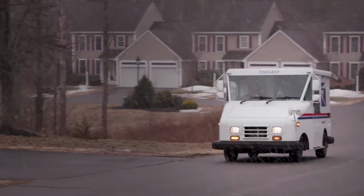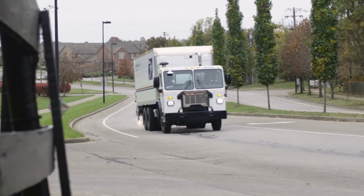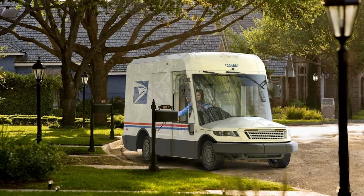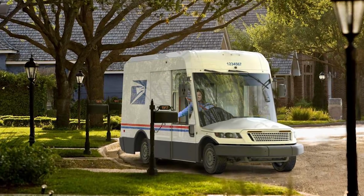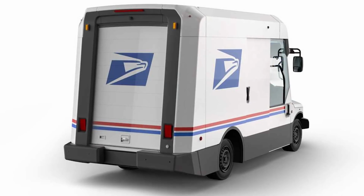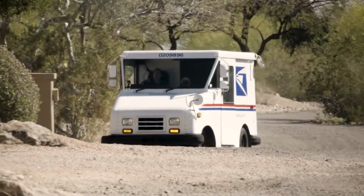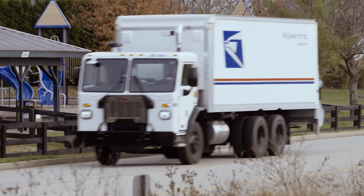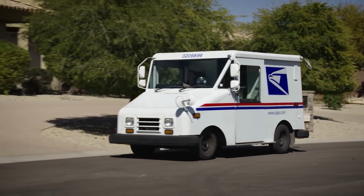That's right, the U.S. Postal Service did not get the message and signed a 10-year contract with Oshkosh Corporation to renew their fleet, with only 10% of the delivery trucks being electric. Now, in their defense, after 6 years of search, only one of many EV companies bidding on this project was even in business. Though I gotta say, I'm not really sure if they were looking in the right places,